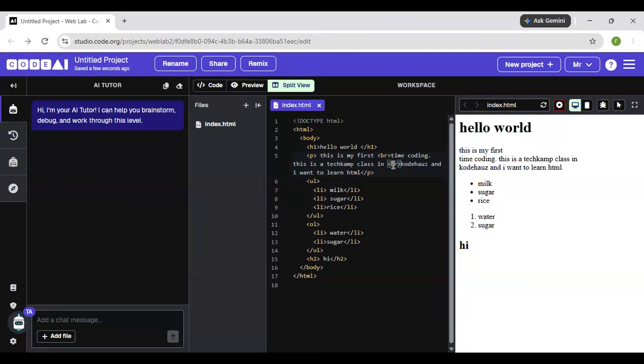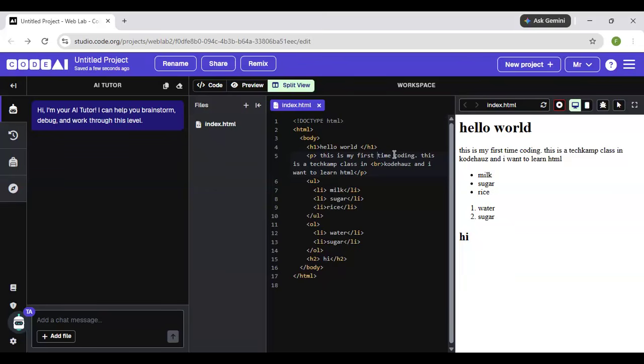Sir, do you also close the break tag? No, you do not. You don't close the break tag because the break tag is basically just a break. Okay, let's explain it like this. If I remove this first break tag, you see how it looks, right?